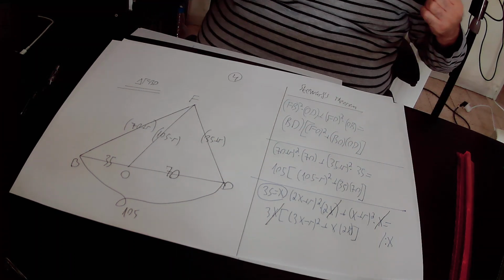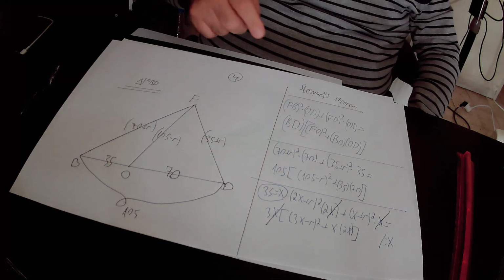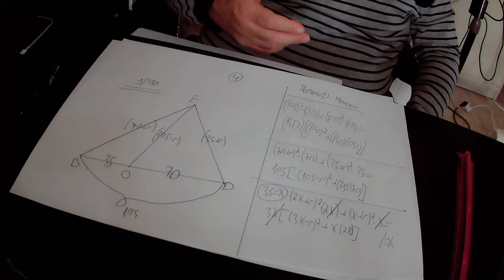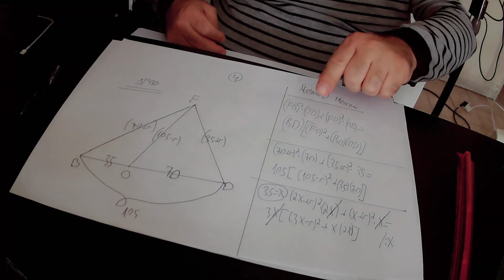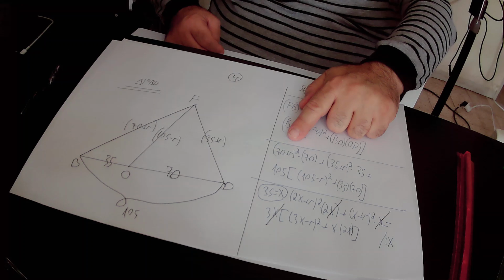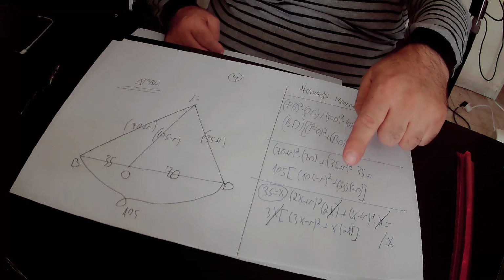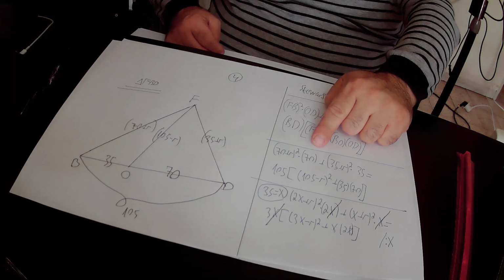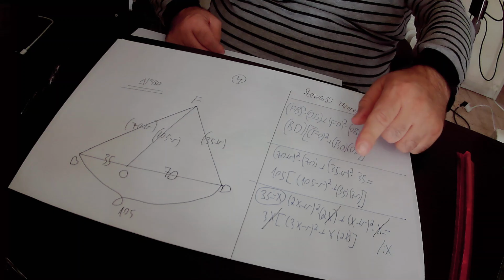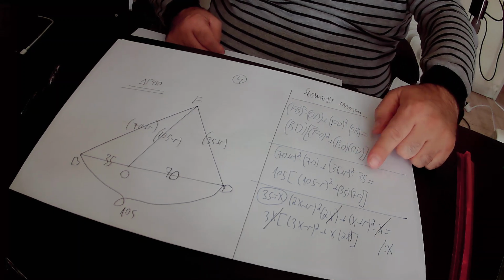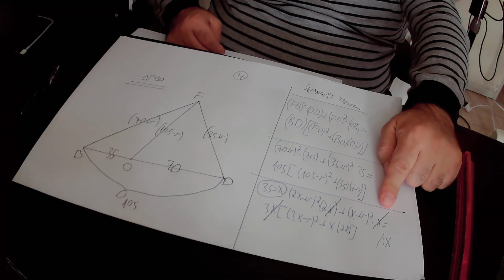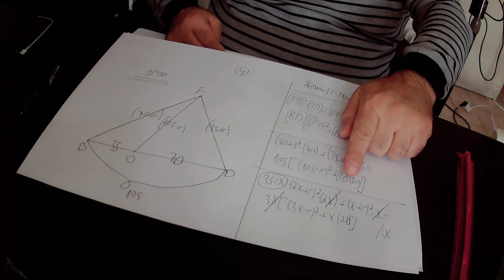Then we defined 35 as x, and we substituted in this equation x for 35, and any multiplication of 35 by a natural number by x. And we got that 70 is 2 times 35 and 35 is x. So 70 is 2x, so we substitute 70 by 2x. Plus 35 plus r squared is (x plus r) squared times x. 35 is x, so we substitute 35 by x. So in this side of the equation we have (2x plus r) squared times 2x plus (x plus r) squared